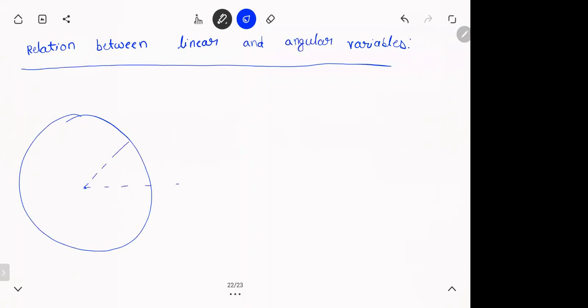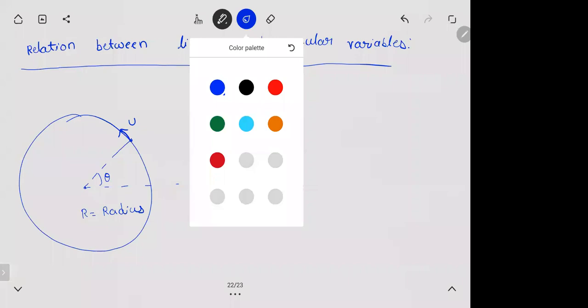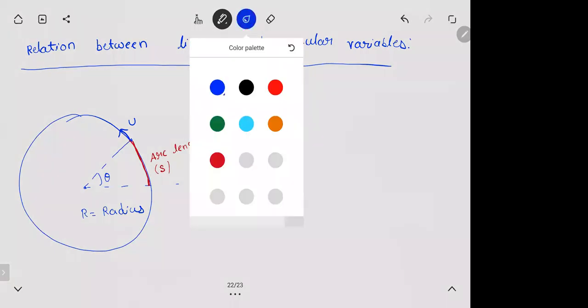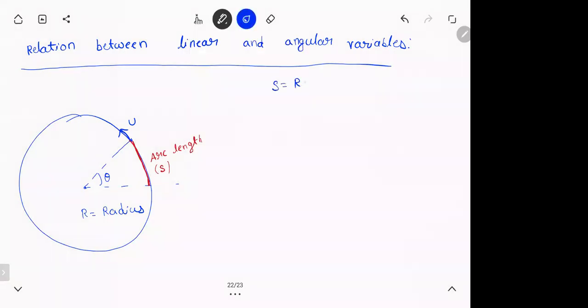So let's say a particle is going in a circle with speed u. This is theta. R is the radius. We know this here is the arc length S. So the relation between them is what? We know S is equal to R into theta. So if you differentiate on both sides with respect to time,